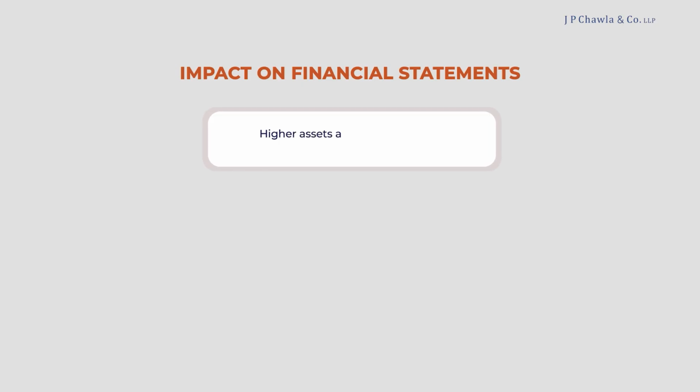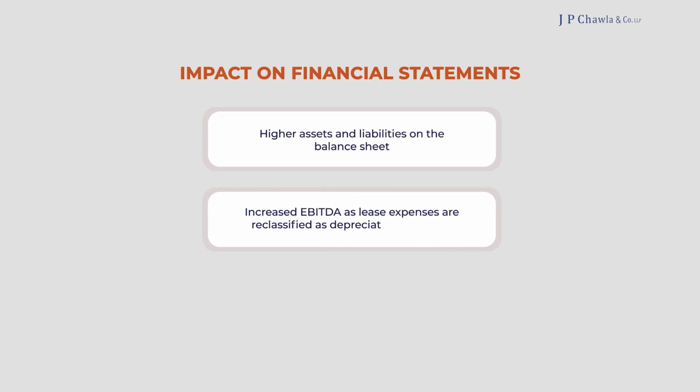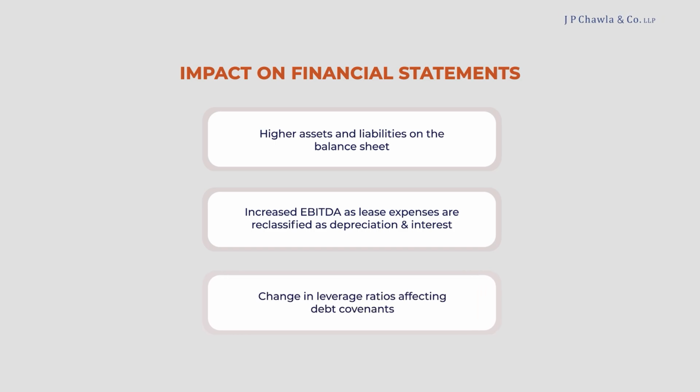Before Ind AS 116, operating leases were off-balance sheet items showing only lease expenses. Now, Ind AS 116 requires airlines to recognize aircraft leases as right-of-use assets and lease liabilities. Its impact on financial statements is higher assets and liabilities on the balance sheet, increased EBITDA as lease expenses are reclassified as depreciation and interest, and changes in leverage ratios,